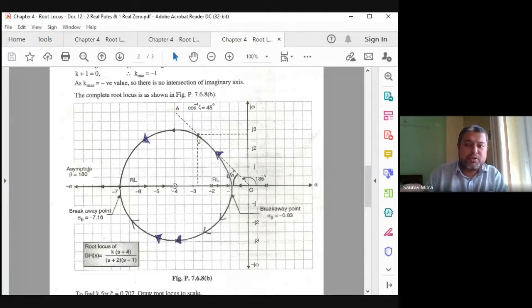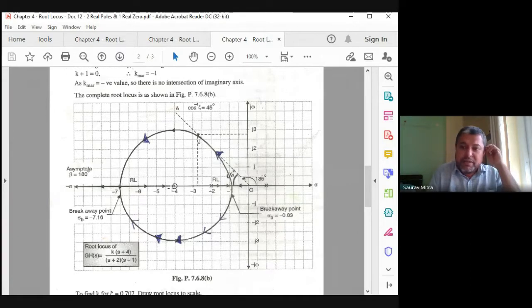That means one pole ended in a zero, and another will go to -infinity, because in this case p minus z is equal to 1. What is meant by p minus z is equal to 1? It means that one root locus will go to infinity, but there are two poles. That means two root loci will be produced. One root locus will go to infinity because p minus z is equal to 1. So where will the other root locus go? It will end in the zero. So just check here. This is a zero and the root locus is coming toward it.